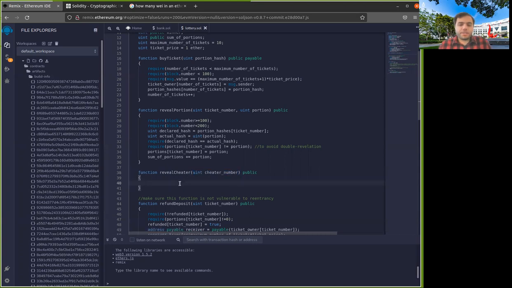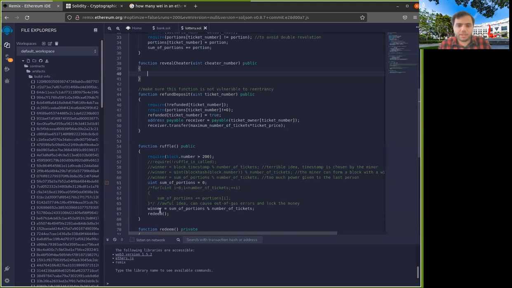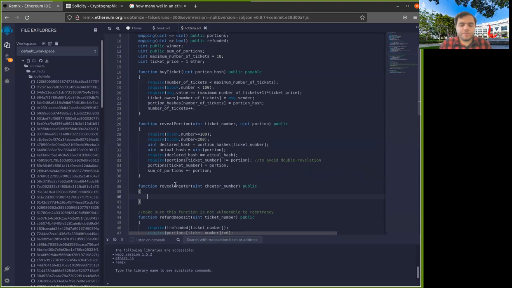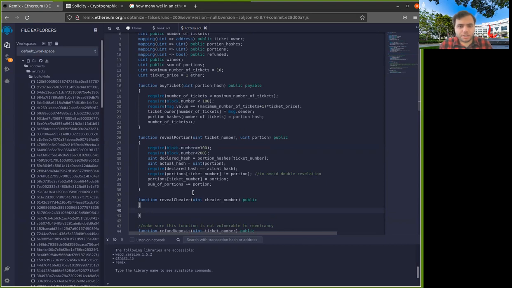Why is this better than having a function in my contract that does this? Because when they run it locally, they don't have to pay gas for it. But if I run it in my contract, I have to pay gas. And I don't want to pay gas for a for loop because, well, we talked about it, I have to pay a lot of gas, and also I can get out of gas and a lot of bad things can happen. So instead, I will just have a function here that anyone can call and would give me the cheater.